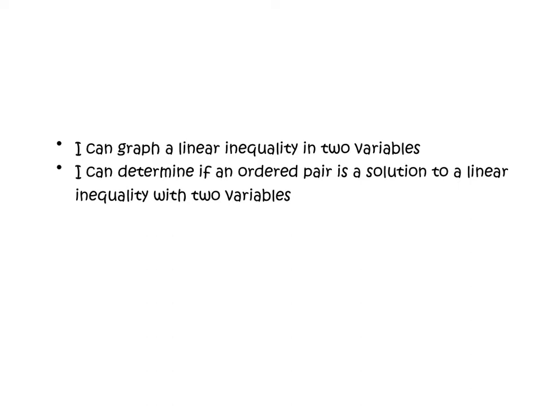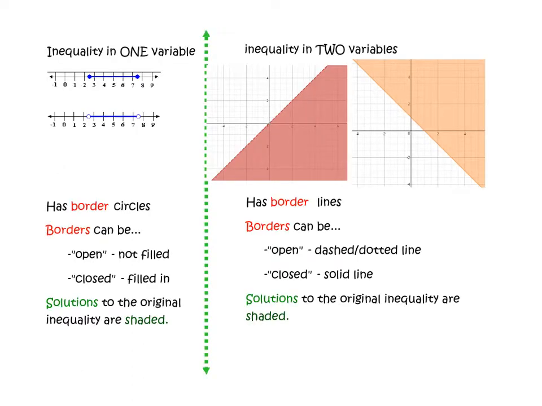So this video will go over two things: graphing a linear inequality in two variables, y and x, and then being able to determine if an ordered pair is a solution to a linear inequality with both variables. So just as a review, what we're coming from is we know how to graph an inequality in one